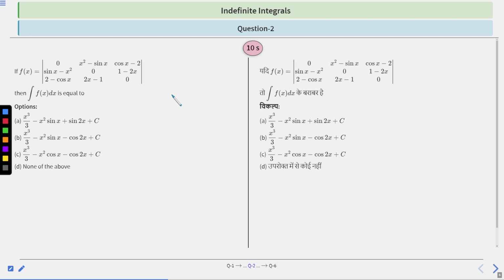equation. It is not that you can directly take the derivative, or directly solve the determinant and try to take the integral, right? But you have to adjust and simplify such that f(x) will become an integrable form. Right? So in this way, you try to approach and solve this question. You have 10 seconds to solve this question. After 10 seconds, we will discuss the solution.